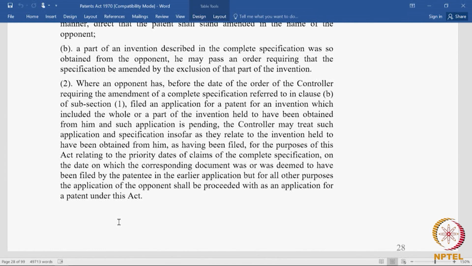Now, I told you an instance where claim 5 and claim 6 were wrongfully obtained by the patentee. So, the controller under 26(1)(b) can strike off 5 and 6. Now, assume that before he strikes off 5 and 6, there is an application filed by the opponent which has 5 and 6 in it, or something similar. Obviously, because once I know that I am going to make a claim that you have taken a part of my invention, I will definitely file a corresponding application, because I need to protect it. Otherwise, when the controller revokes it, it falls into the public domain. So, this is a part of strategy.